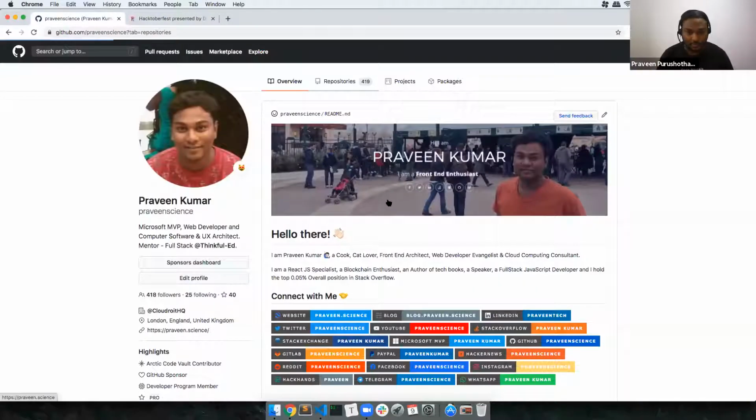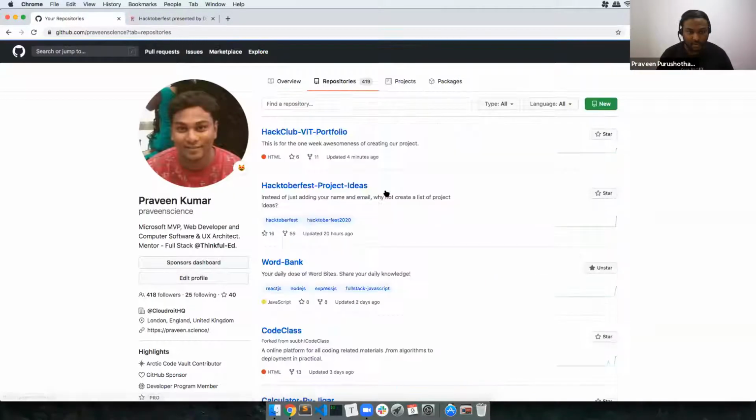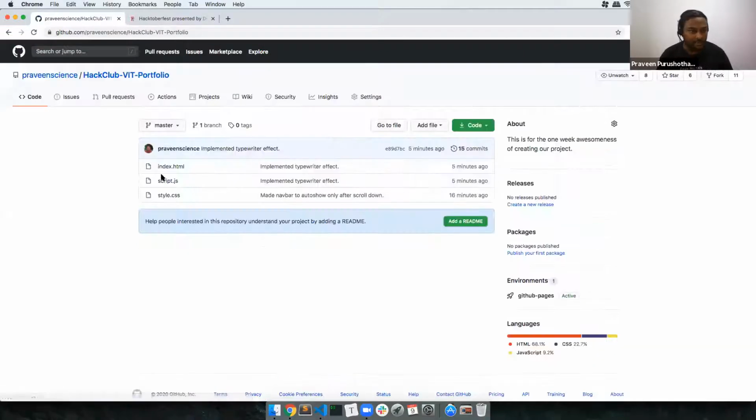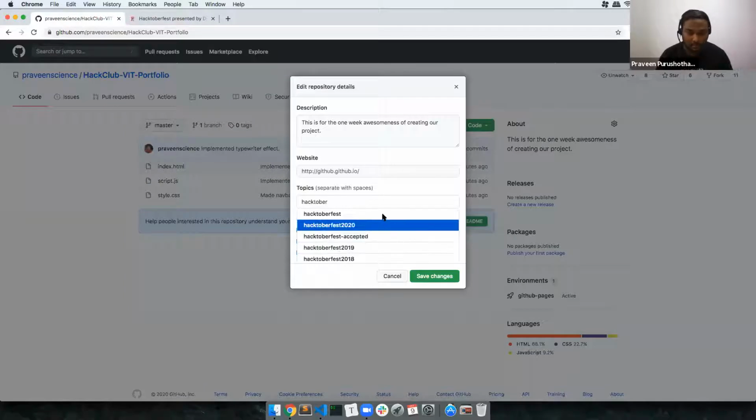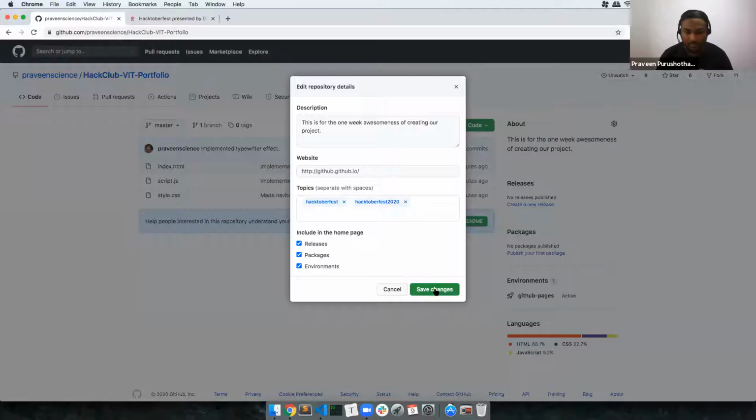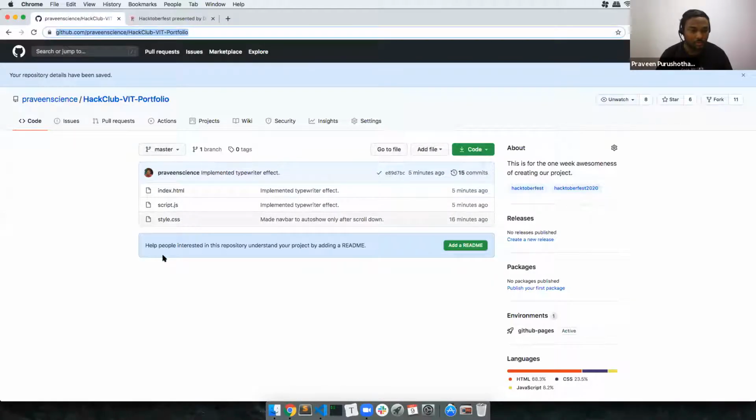Let me put it up for Hacktoberfest. Let me see if there is any pull request. There is absolutely not a single pull request because it is not yet part of Hacktoberfest. Enjoy, guys. Boom. There you go. Done. So switch on your pull requests.